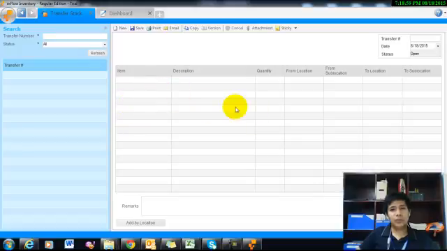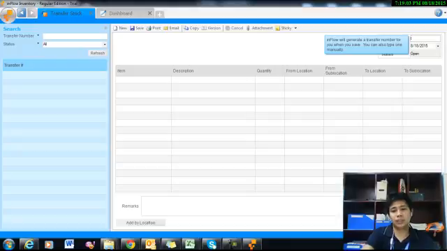So we will transfer first, for example, transfer stock TS to CDO 2015 August 18 01. It means that you transfer stock with the sequence number. So we'll use 01.